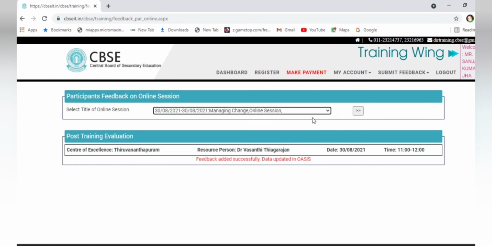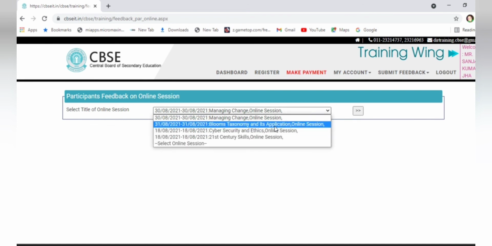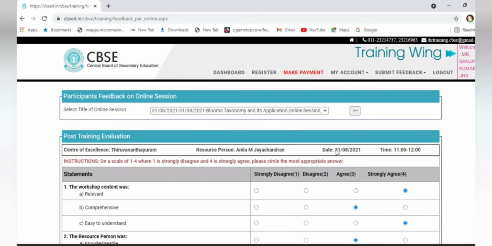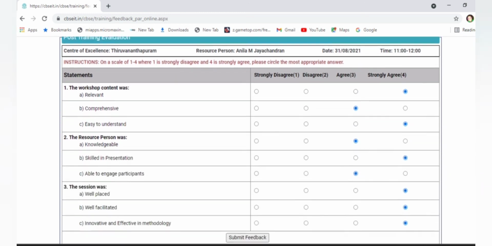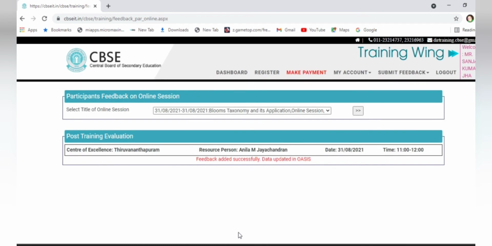When we choose this, it gives the message that feedback has already been submitted, so we will choose the second from here, Blooms. Now if you want to change the options from here, you can change them, otherwise you can submit here. The second has also been done.